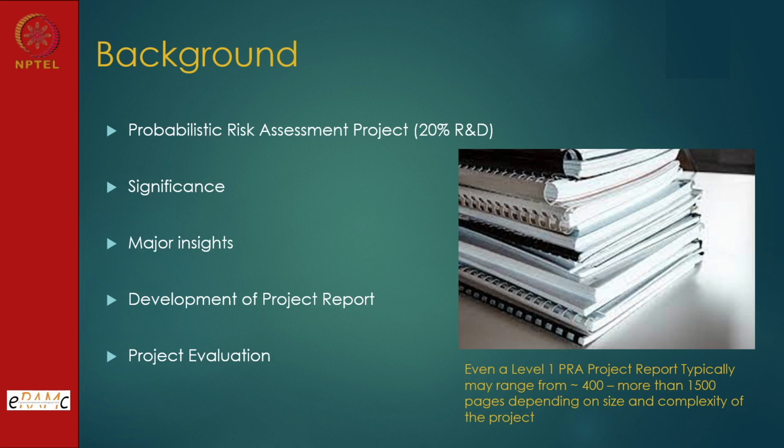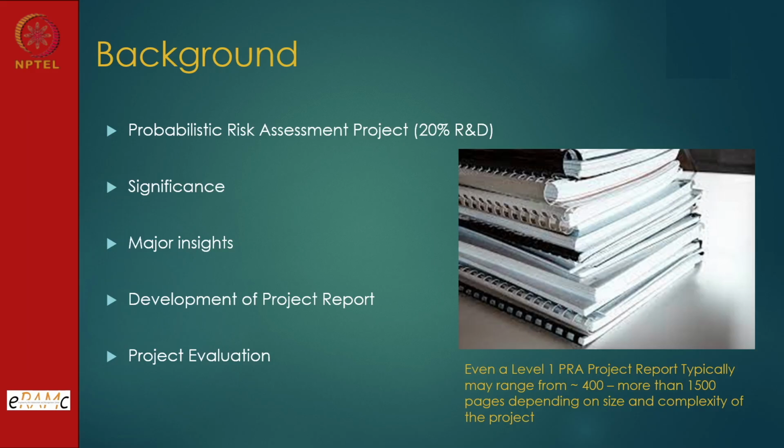Of course, some industries are doing back to back PRAs from one plant to a second plant to a third. They might do it in 1 year, 1.5 years also, because they have the broad model available. Whatever changes they have to reflect, they can do in the same document, and test it. But if you do from scratch a PRA study for a typical representative case, it might take 4 to 5 years, is my experience, number one. Number two, one of the major insights was that 70 to 80% of effort goes into data collection, analysis and elicitation. Why? Because data is very important.